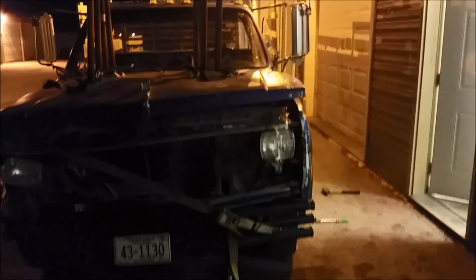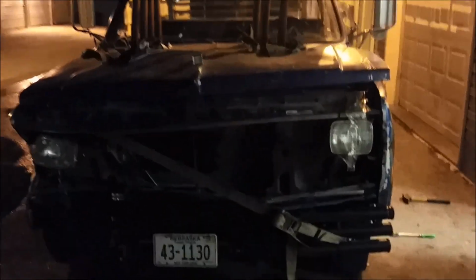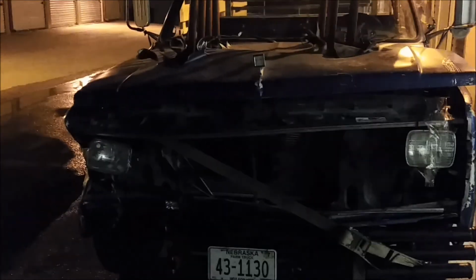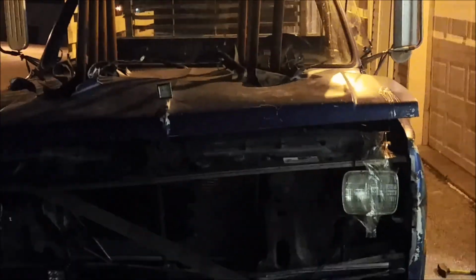This side's still pretty messed up. Definitely pulled on that at the wrong angle, but we're gonna roll with it right now. We have a ratchet strap holding the front end where it needs to be. So now we just have to get the front end to stay there. We're trying to do a little bit of bendy on this part over here. Maybe get this hood bent over a little bit and see how it goes. I don't know how close we're getting on the latch. We're still way far away on that, but